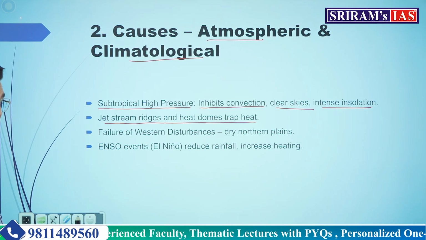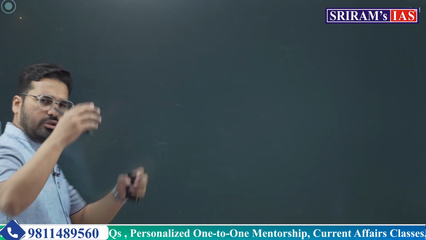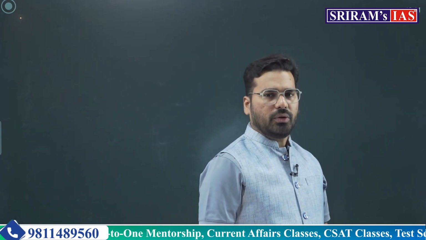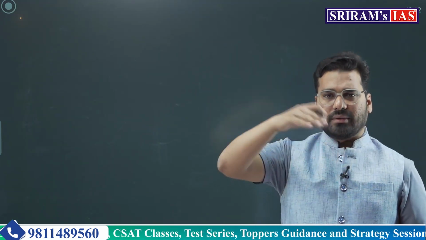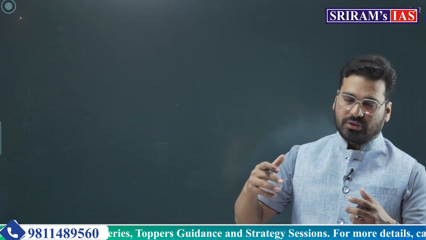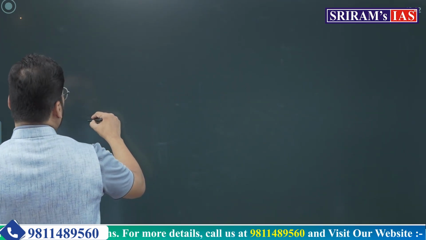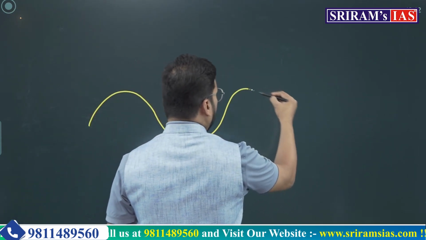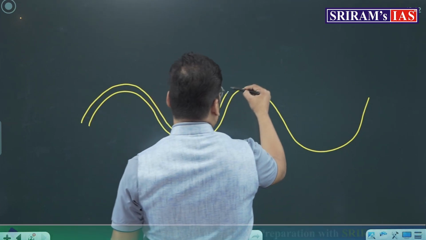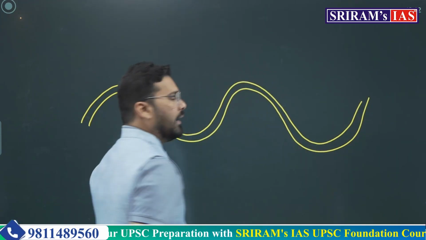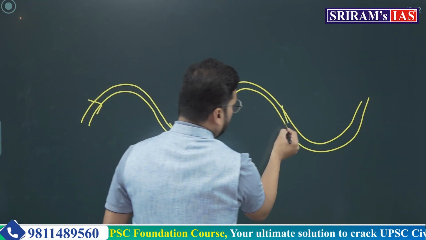Now, what is this jet stream? How do they affect? Now, let me tell you this. Jet stream is actually an upper tropospheric, very high speed wind, as you know. When they move, they actually meander, right? To just conserve the momentum, or say just to conserve the energy of their movement. Now, when these jet streams move something like this, suppose this is the jet stream, like a pipe, but it meanders. Now suppose it is moving from west to east, obviously it always moves from west to east.